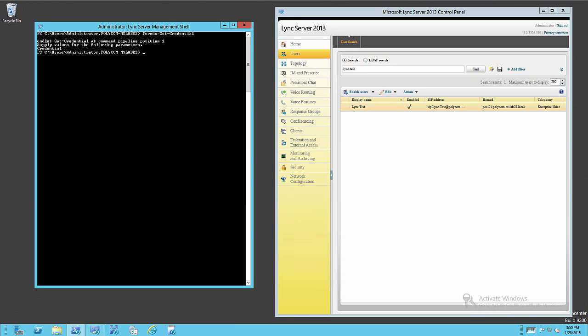Okay, and then I'm going to run my Move-CsUser cmdlet, and I'm moving the account lync.test at polycom-mslab02.com to my tenancy. I obtained the tenancy URL, or the hosted migration override URL, earlier, and you can refer to my blog post on how to retrieve that URL. So let's